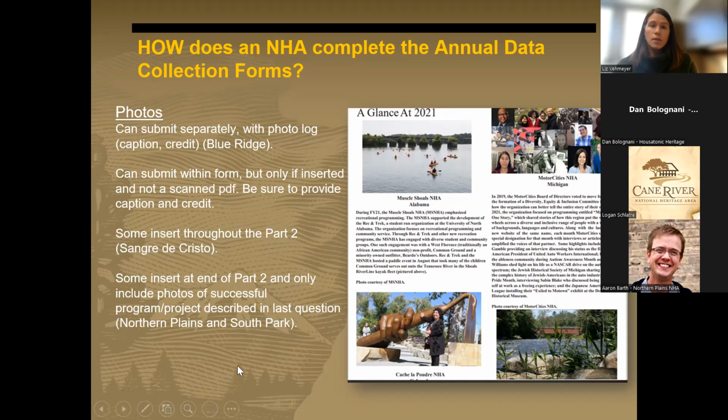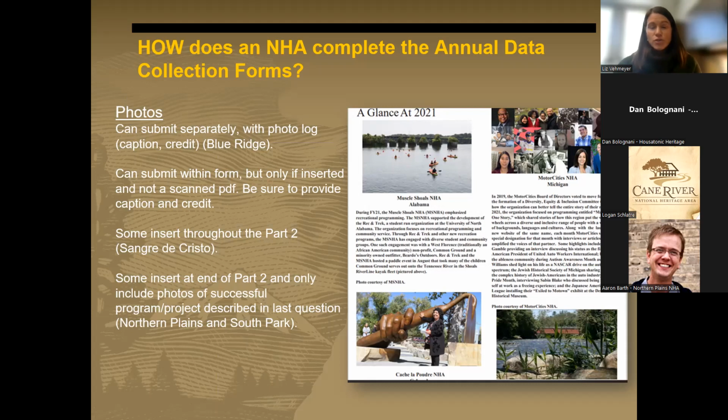If you do it in the form, some do it throughout. Sangre de Cristo, if they're talking about a specific subgrant program or specific project they worked on, will put the photo right there. Some have done it all the way at the end of the report and provided captions. For example, Northern Plains and South Park have done that. No matter what way you do it, please provide a caption and a photo credit, if not to the NHA itself. If it was some other individual photographer or other organization, please provide the credit